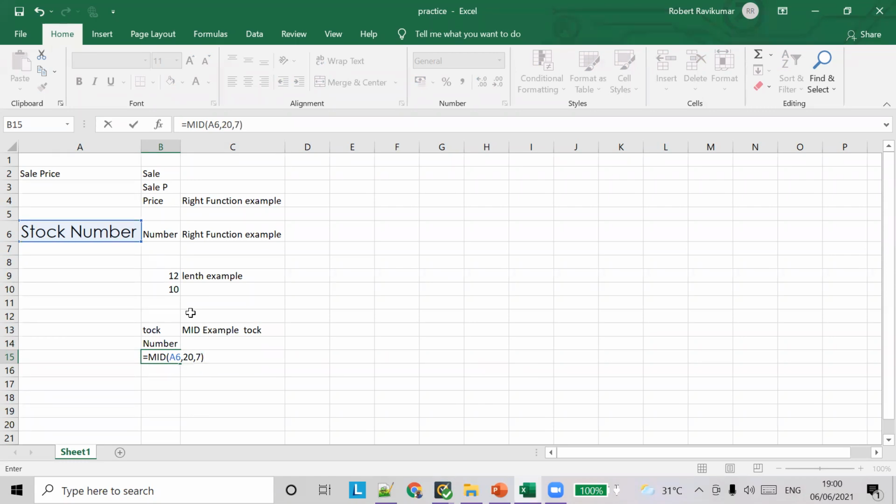Can anyone tell me? You're going to get an empty string because the start num is more than the length of the string.